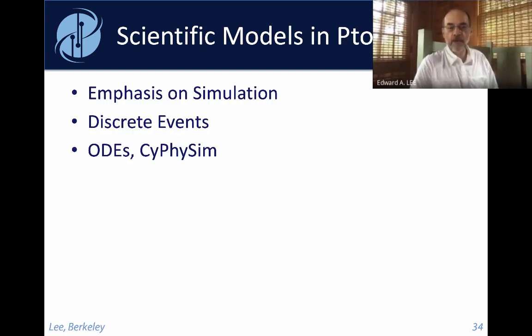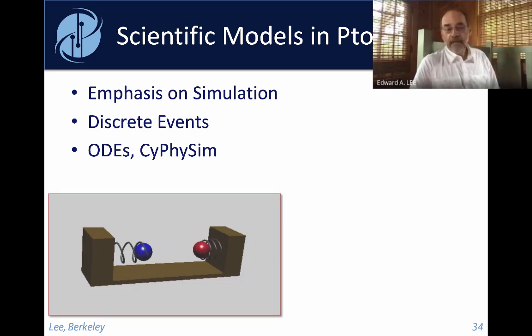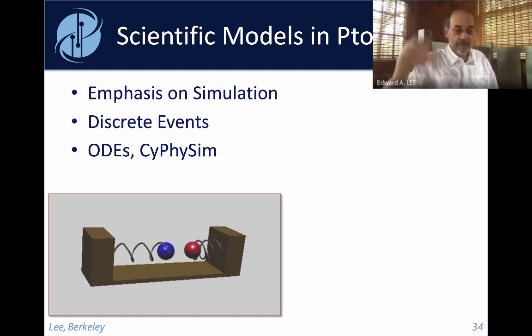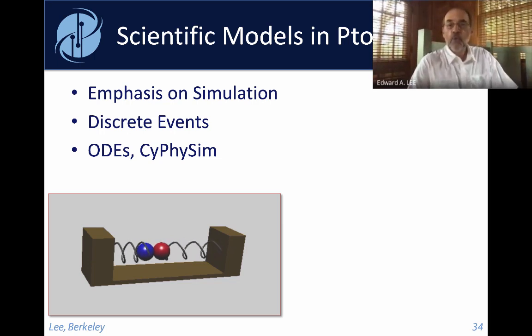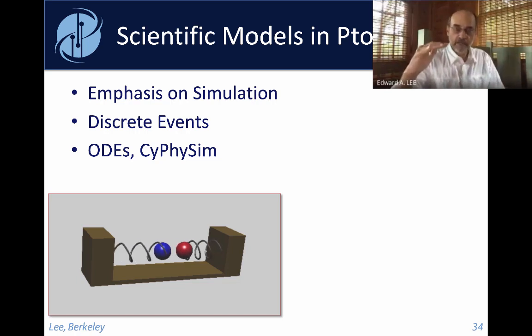This particular example that I showed earlier, well, is this a scientific model or an engineering model? Well, if you look at it, it's not a very good scientific model, right? It seems to defy gravity, for example. These springs aren't bending downwards. In fact, there is no gravity in this model, so it probably wouldn't be a very good scientific model of the graphical system that's being described here. On the other hand, the actual inspiration behind this model was in accelerometers, silicon accelerometers. The way that silicon accelerometers work